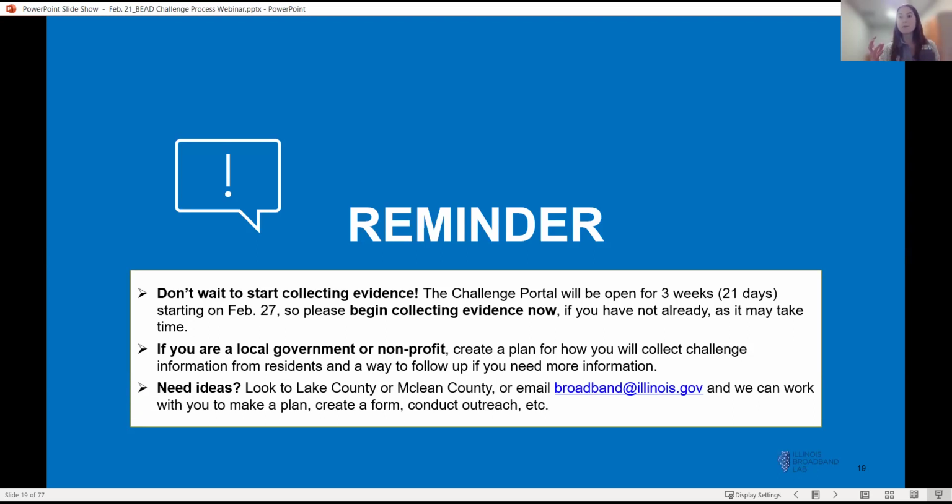They built a form collecting the necessary fields and evidence from residents that they will then submit on their behalf. Lake County is a great contact. I think we sent out the contact information for Betsy last week, and I'm sure they'd be happy to share their approach. But the bottom line is start planning now, so you have time to troubleshoot.